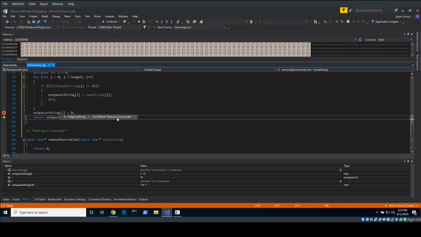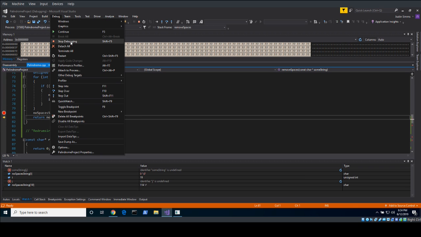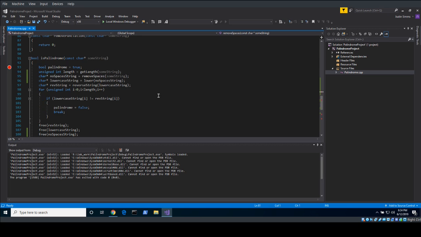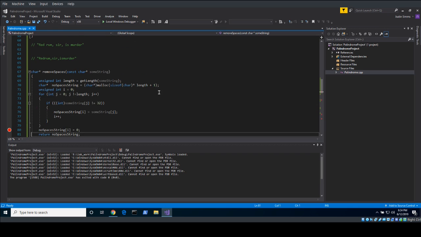And then the no spaces string, see, it looks correct now instead of having all the extra stuff at the end, because the character array didn't have a proper null byte to end it. So okay, we can stop the debugging here. This looks okay. So now all we need is to